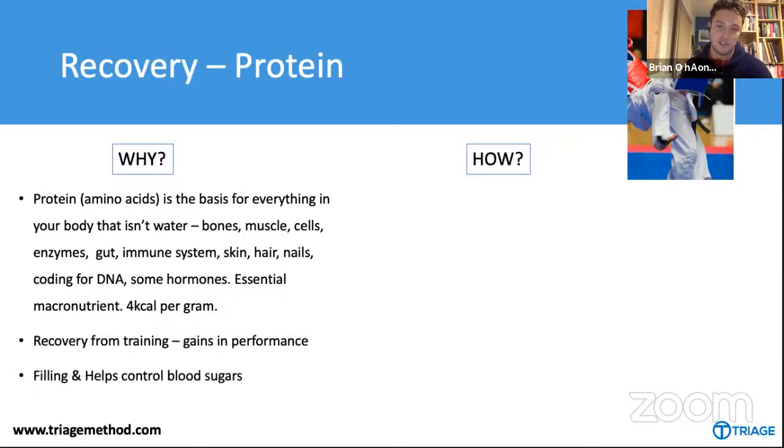It's particularly useful in a weight loss or fat loss context over time, because protein is very, very filling and it helps control blood sugar and energy levels. So nearly every successful fat loss diet will have a high protein component. Okay. And there's good reason for that.